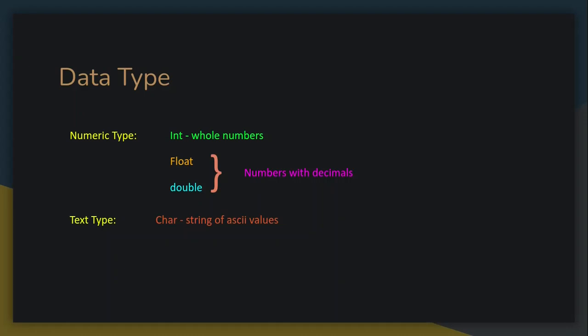But there is something you can use. Since these characters are stored and assigned a value in memory, we will use the values they're assigned to compare them. Cool. Now that we're done with the data types,